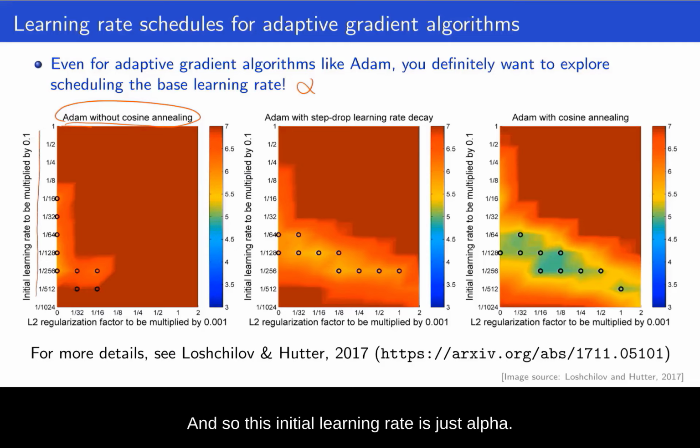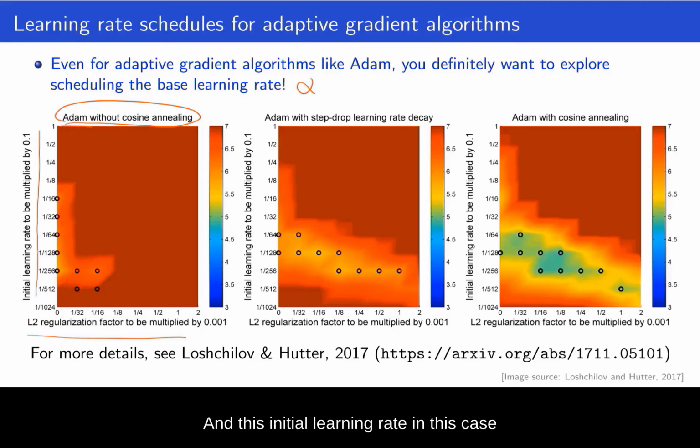And so this initial learning rate is just alpha. And here we have the L2 regularization factor. Long story short, we just wanted to explore how strong the algorithm is with different types of regularization and how easy it is to find a good initial learning rate